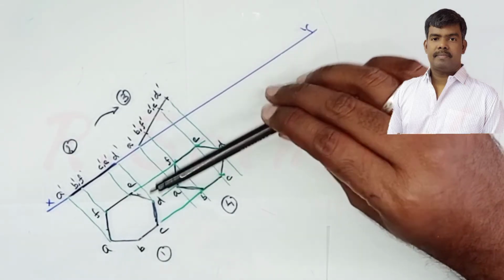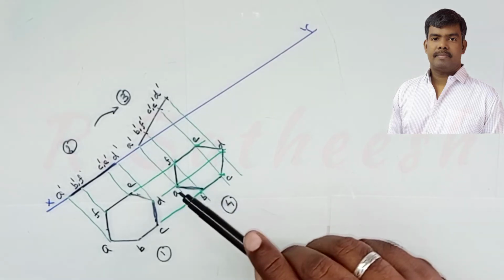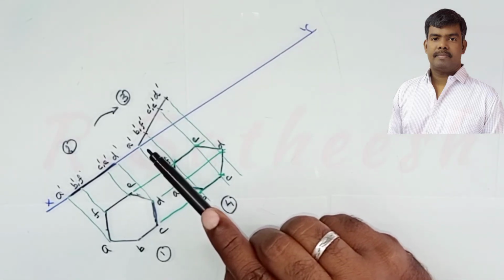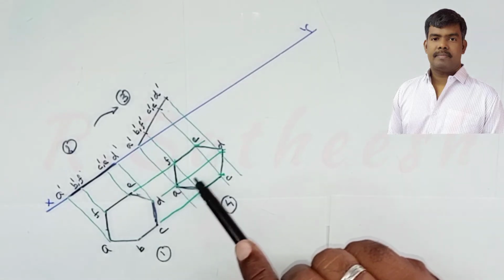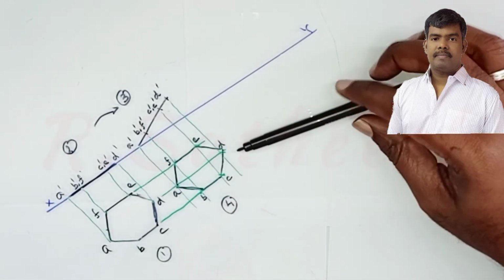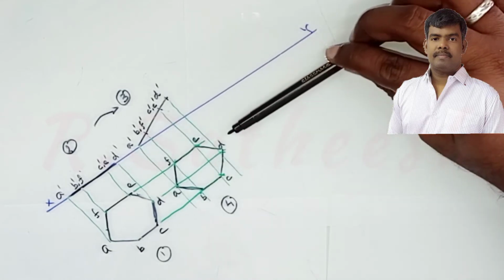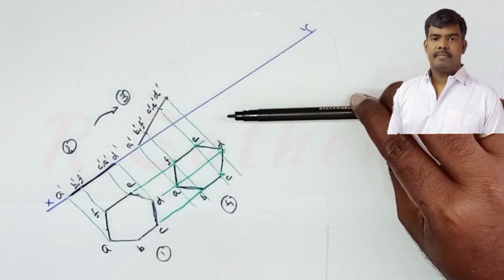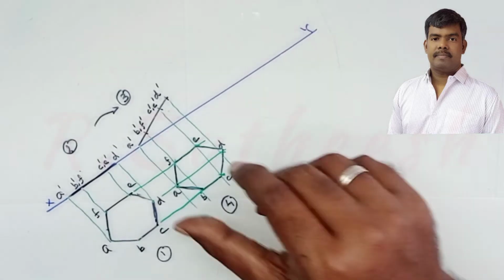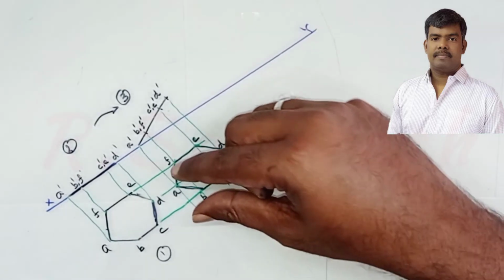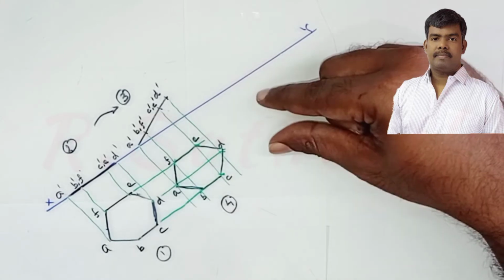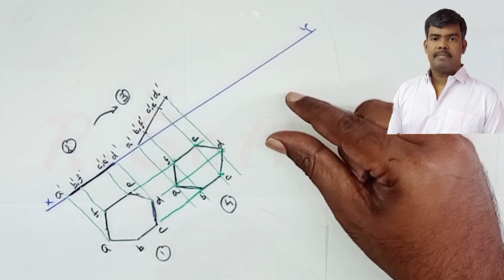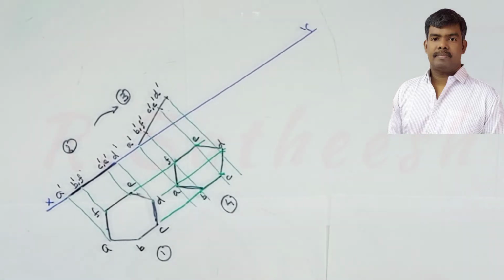So at present, let us consider the corner A that lies on HP. The diagonal passing through that corner is the AD diagonal. Let us consider that diagonal parallel to VP. Now it is inclined to VP by 40 degrees. So the diagonal is 40 degrees, which means the total top view is also tilted 40 degrees. As per the problem, the top view is inclined at 40 degrees to VP.